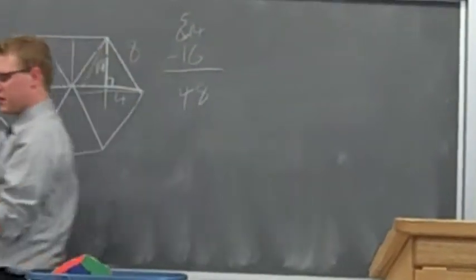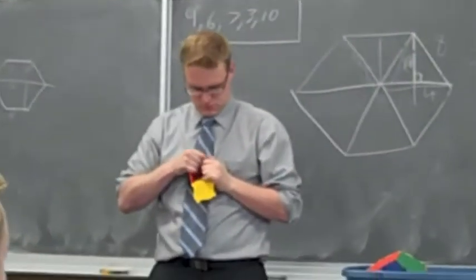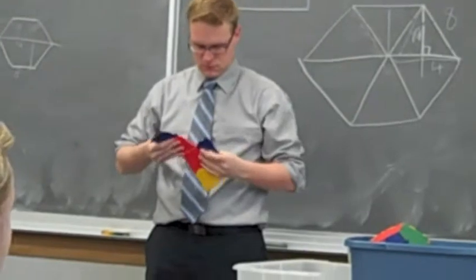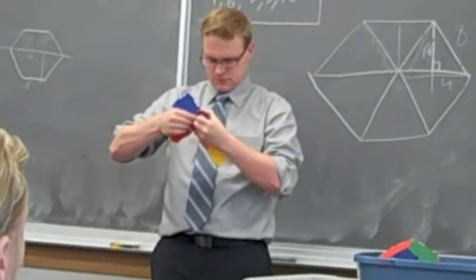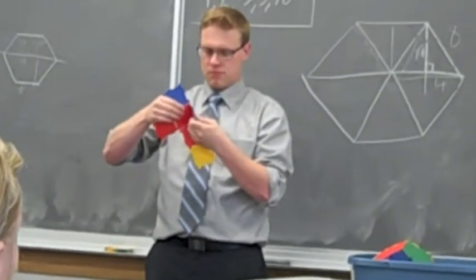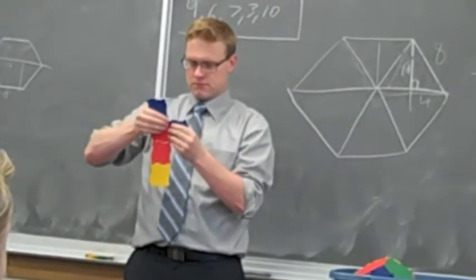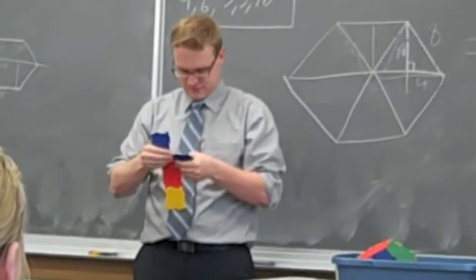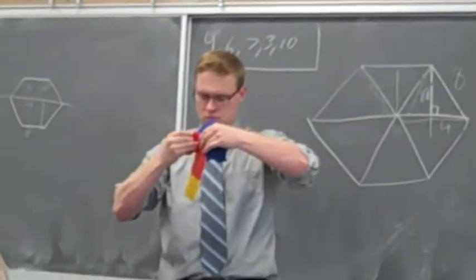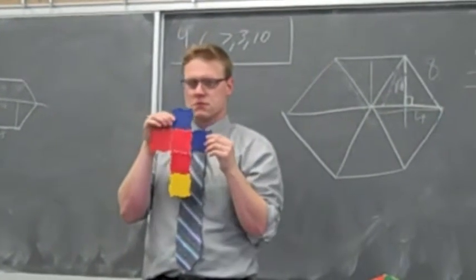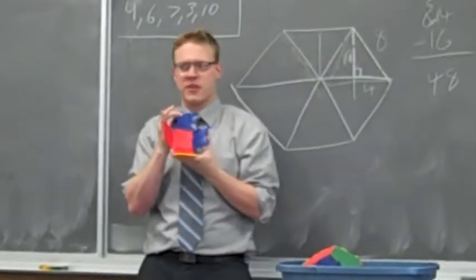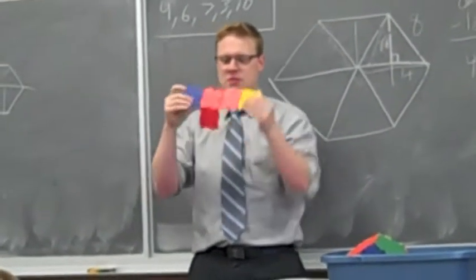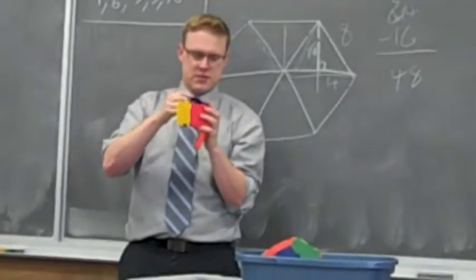So basically, if I folded this out, that's the net. It's the two-dimensional physical representation of how you get a 3D image. So this is the 2D. The 3D is the